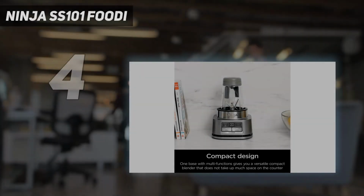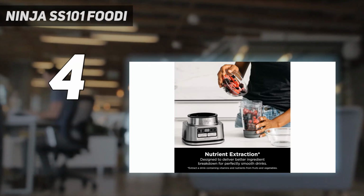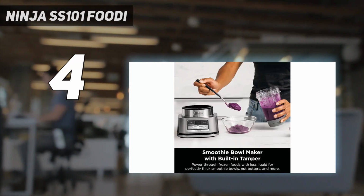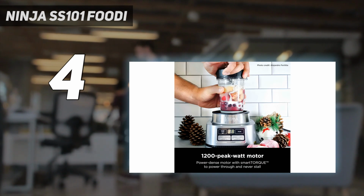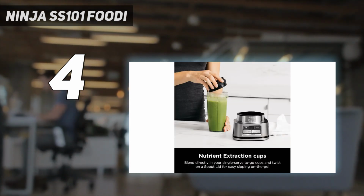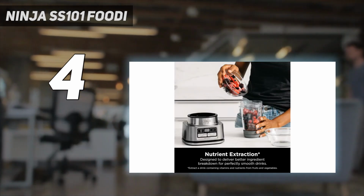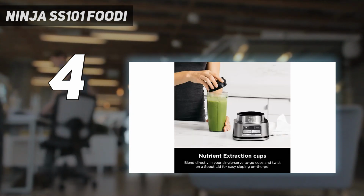Ninja SS101 Foodi. If you don't need a large capacity jar, you might prefer the Ninja Foodi Power Nutri Duo, which offers solid multi-purpose performance in a small package. It's arguably the best Ninja blender for smoothies since it quickly blends silky smoothies in its 24-ounce jars, even if your recipe is packed with ice cubes or fibrous ingredients like leafy greens. There are resealable lids included for each of the personal jars, so you don't need to transfer your smoothie into